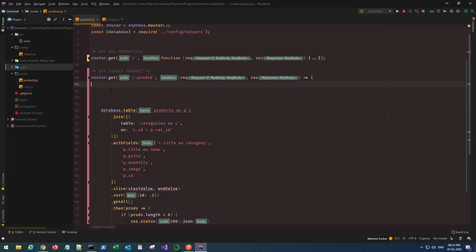All right. So first we need to fetch the product ID from this parameter. We can simply create a variable like product ID and use the request object to fetch the value from there. This time we are going to use the params object, which stores any parameter that you send in the URL like this. And this name should match the parameter name. Let's quickly test whether we get the product ID or not. I'm going to log it in the console